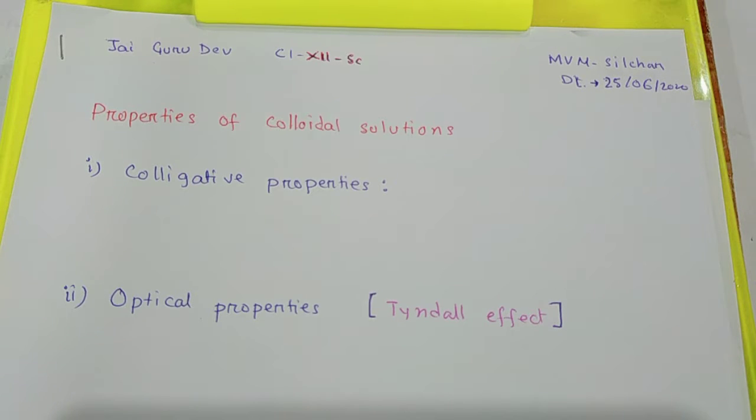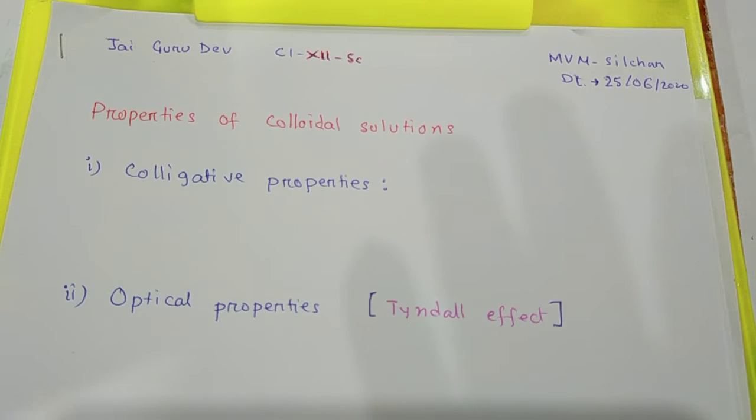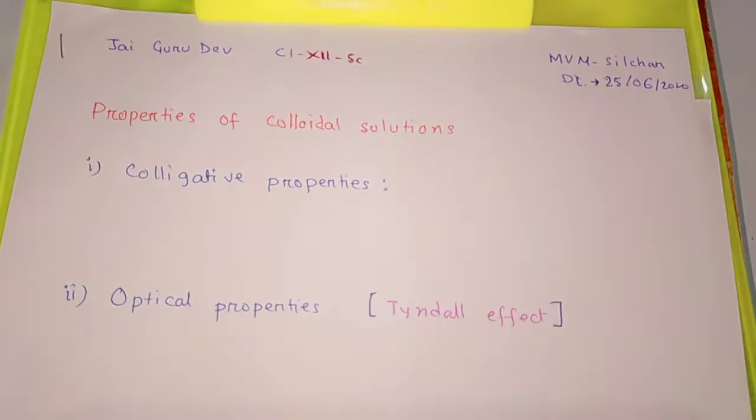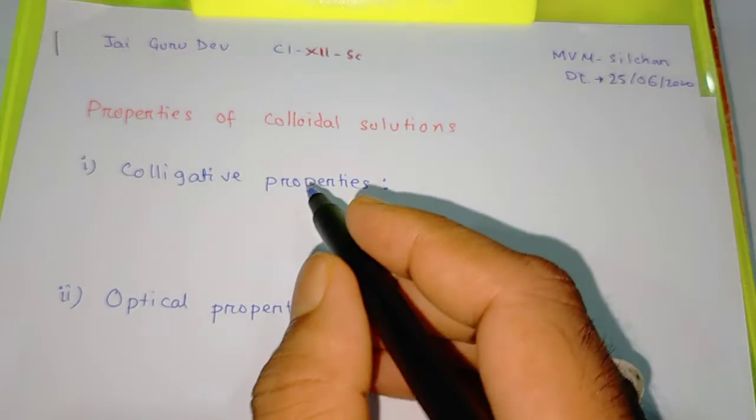In the last class, we have done how to prepare lyophobic colloid. Now, today we will take some properties of colloidal solution. In this one, first one we are taking colligative property. Now, colligative property is something